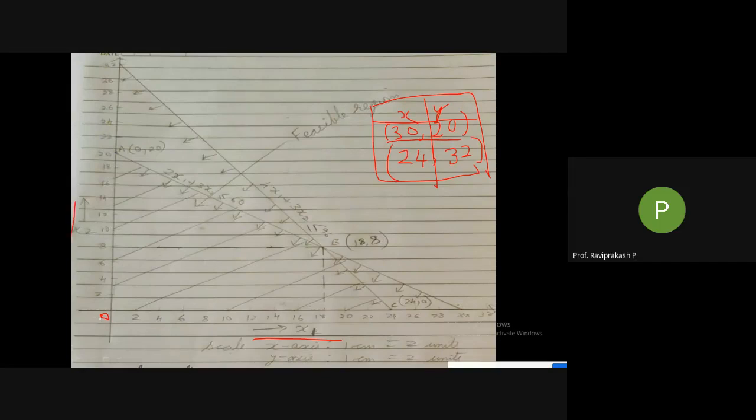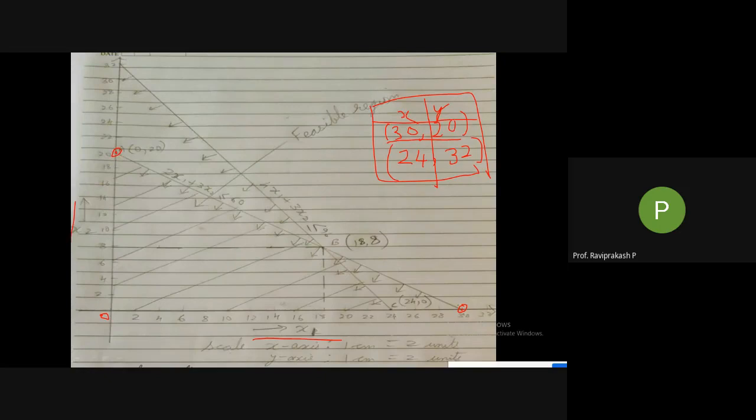Okay, so this is my point of start. If I start from here, I want 30 now. So where is 30? 30 is here. So I'll mark a point here. I'll put a circle just for your reference. No need to do all these things. Okay, so this is 30. And what is y? Y is 20. Where is 20? So this is y. 20 is here. I put the mark over here. I put a circle.